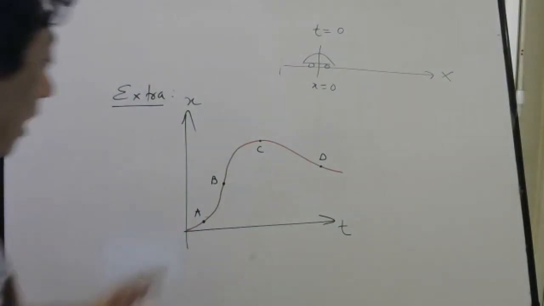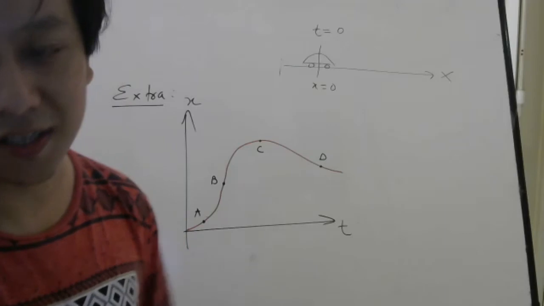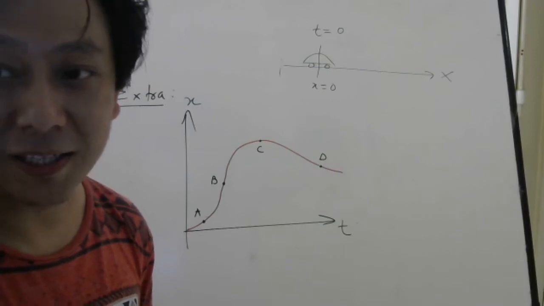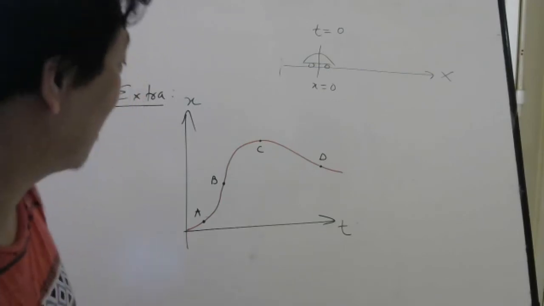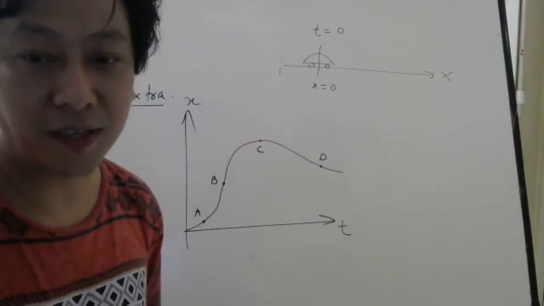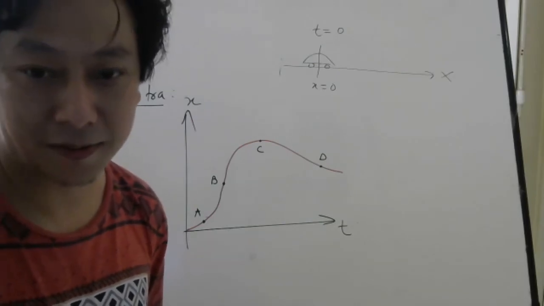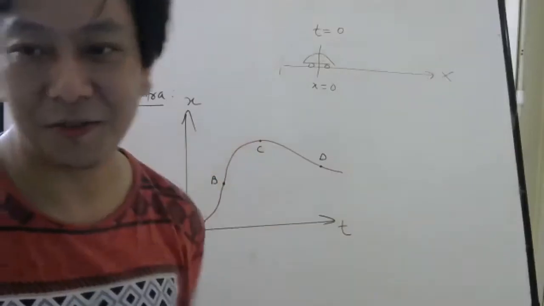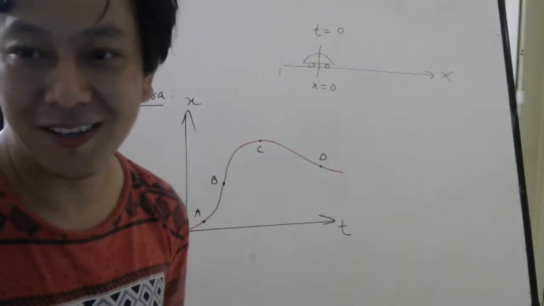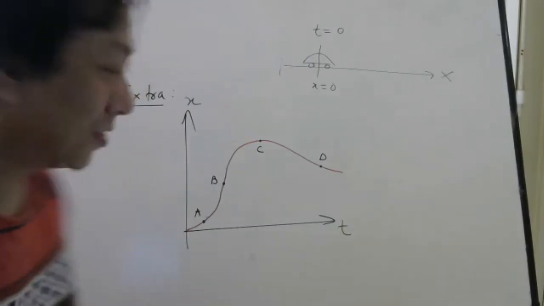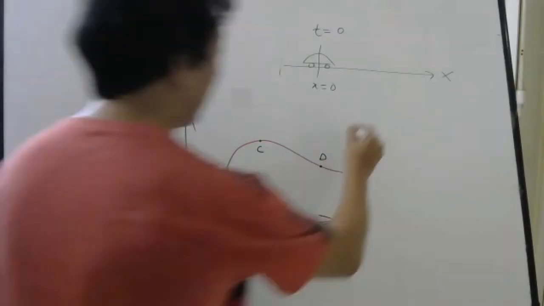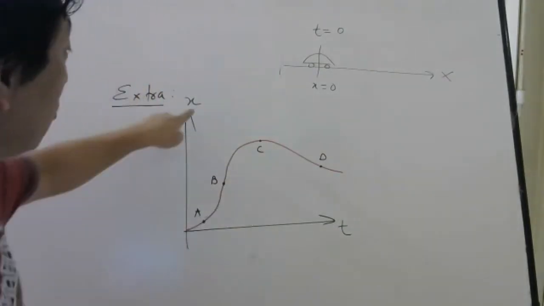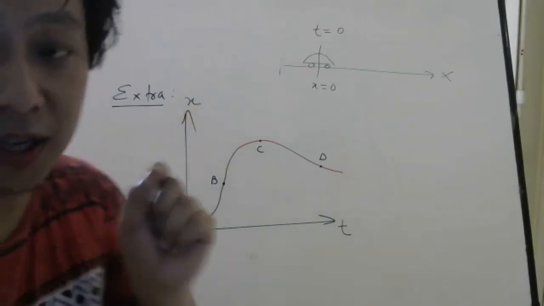Can you tell me at which point the car is moving fastest? Fastest means the magnitude of velocity should be largest. At which point is it moving fastest? Fastest means velocity, not how far it is. You may be 10 kilometers far, but if you are moving very slowly, that doesn't mean you are moving very fast. Fastest doesn't mean where you are. This x is talking about position.